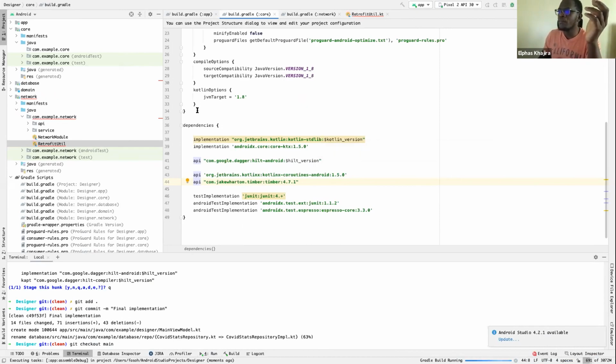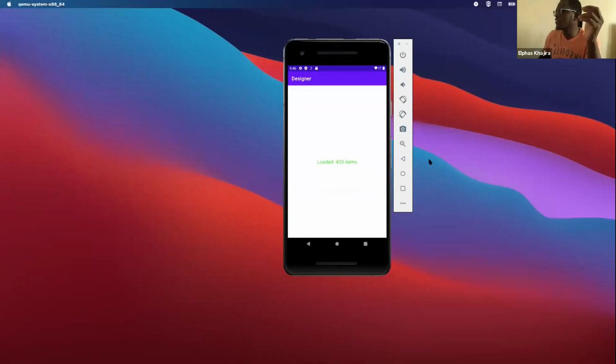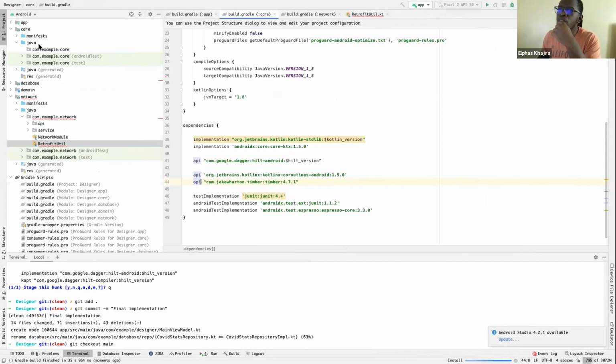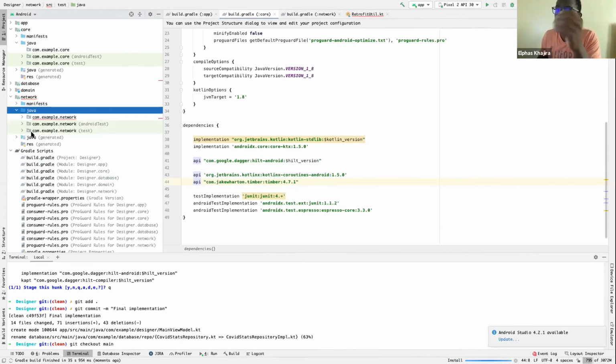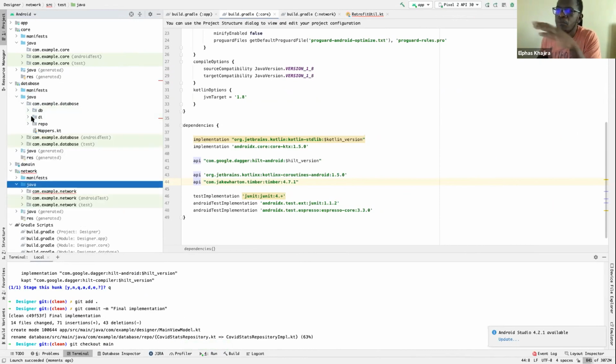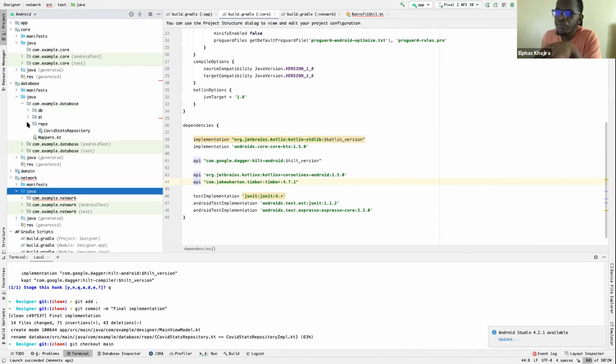So the emulator would look something like this. It will just show loading, then it will show loaded 420 items. And so the implementation for how that works, I'll just show you a bit of this.